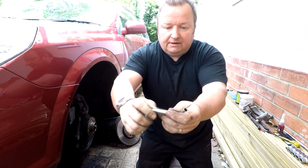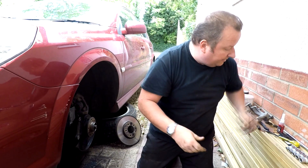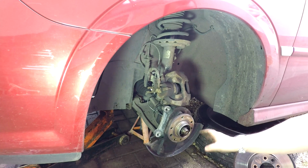Again, so they're going to be running nice and smoothly, so the calipers can move in and out nicely. So I'm happy with that as well. I've given the caliper a wire brush, and also around this hub here, and just cleaned out this